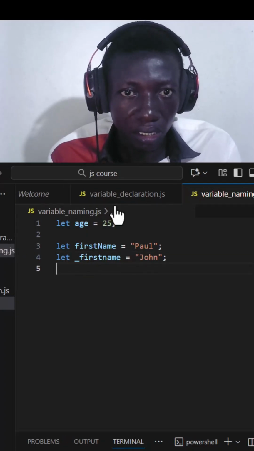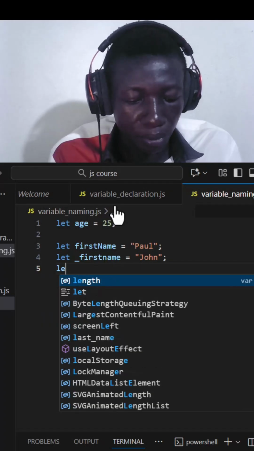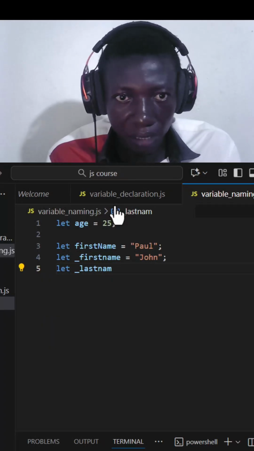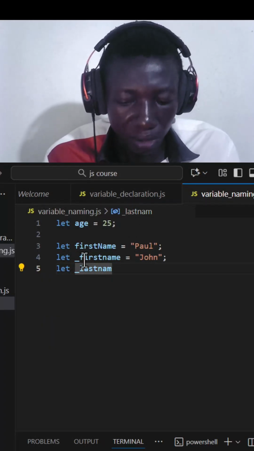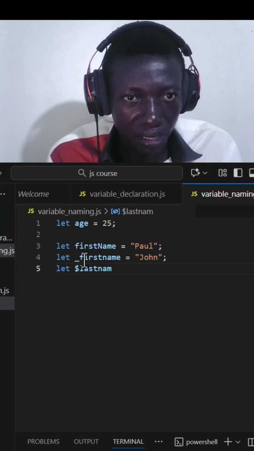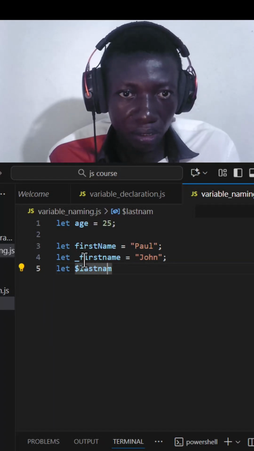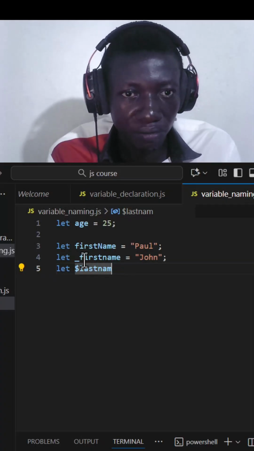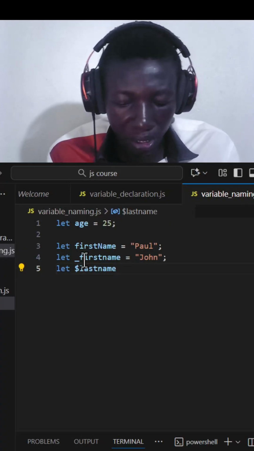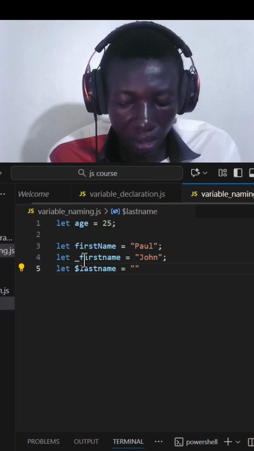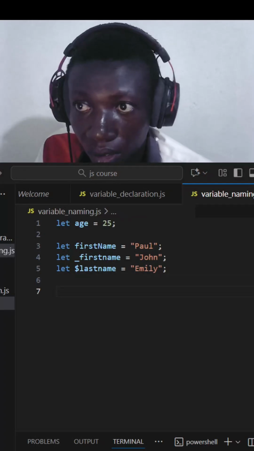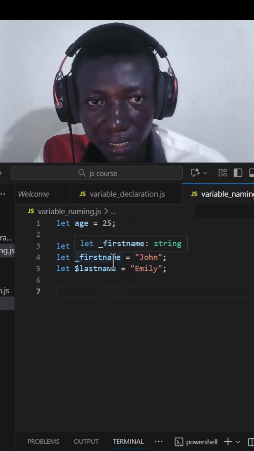We can have another example, let lastName. This time, instead of an underscore, we can start with a $ sign. All of these three examples are valid ways of naming variables. We can call this Emily. Since we've looked at the valid